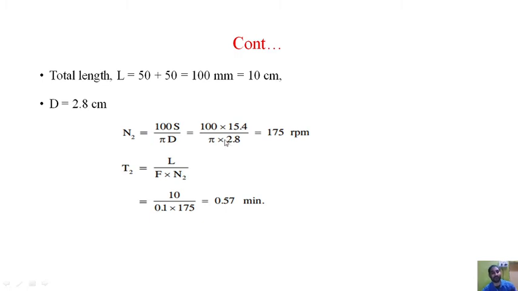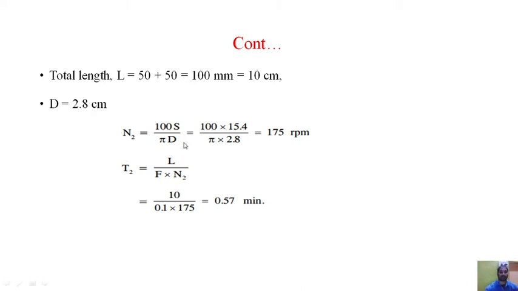So if you hold it in the chuck, that will rotate at diameter 3.5. Now we have reduced the workpiece from 3.8 to 2.8 mm. So the workpiece will rotate at a speed for diameter 2.8 mm. So the RPM will be 175. Each time the diameter is reduced, the RPM will increase. So if you reduce the diameter, the RPM will increase.